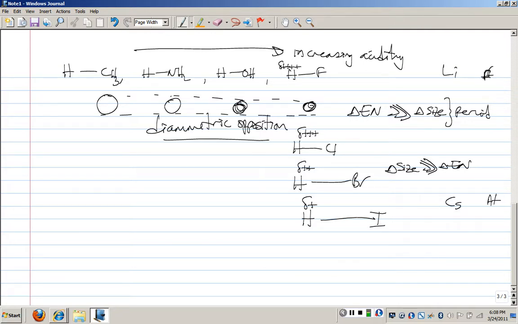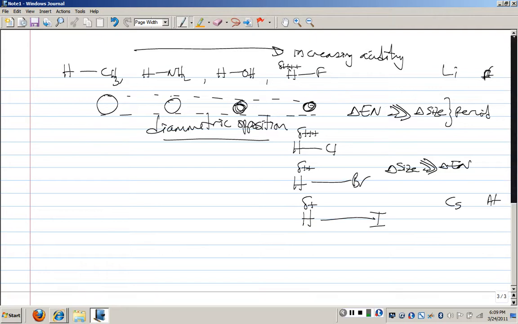Although we will mention that there is an issue with size, it's less important. When we're going down a group, we look at size, although we will mention that there's an electronegativity issue, but that's less important. So size and electronegativity are diametrically opposed. Okay? All right, so if we go back, we were looking at the factors that affect the strength of